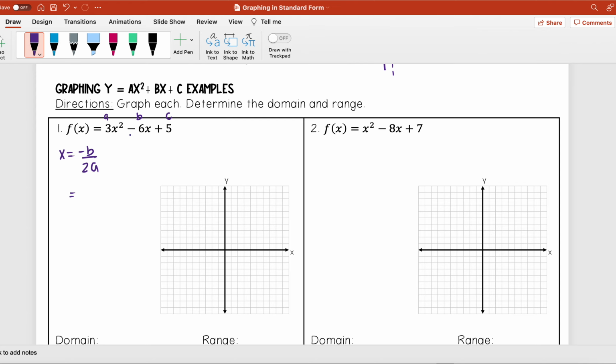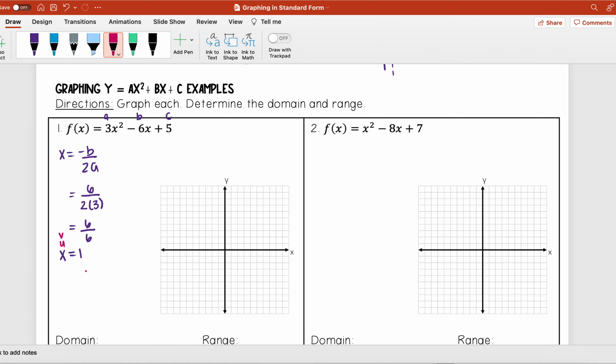So here my b value is -6, so when I take the opposite sign of that, this is going to become a positive 6 over 2 times a, which is 3. So I get 6 over 6. So I have that x is equal to 1. And so that means that my first step here is I'm going to graph my axis of symmetry. Remember with x equals 1, that's a vertical line